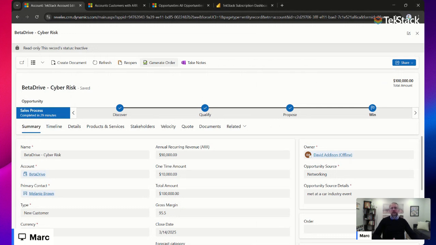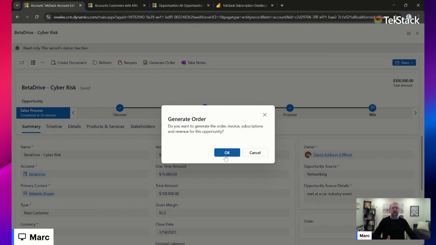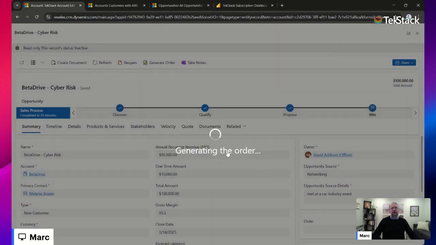They have the contract terms match the opportunity, all that kind of stuff. Because sometimes sellers can get excited and you want to give them the ability to close the deal, but not necessarily generate what we call an order. So I'm just going to generate. In our configuration, we separated that, but you could have it happen all in one go. But as a best practice, we recommend having somebody in accounting or a deal desk function generate the order. So I'm going to do that right now.